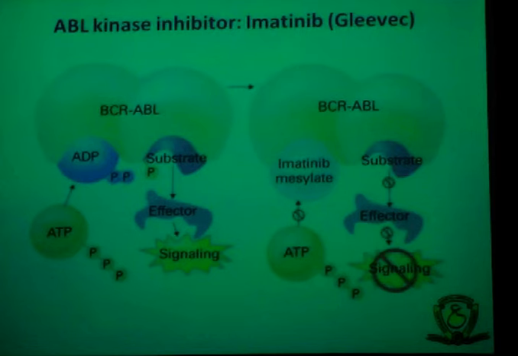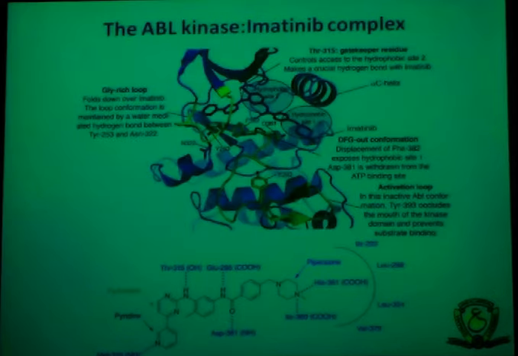What happens because of this? As you know, BCR-ABL is the protein that is important for the survival of the CML cells. And you are blocking it with a chemical inhibitor. Because the cell is dependent on the activity of this protein and downstream signaling, when you block it with imatinib, the cell dies. This is targeted therapy. You are targeting the enzyme that is the causative factor for the leukemia. You block its activity, you are killing the cell. This is a big revolution in cancer treatment.